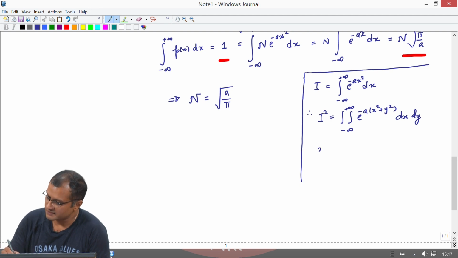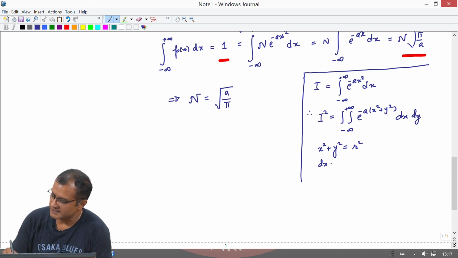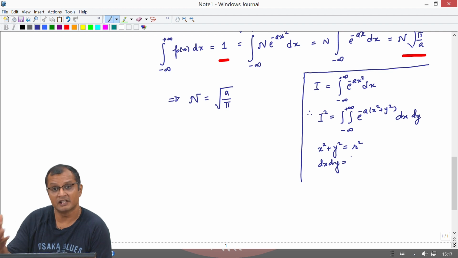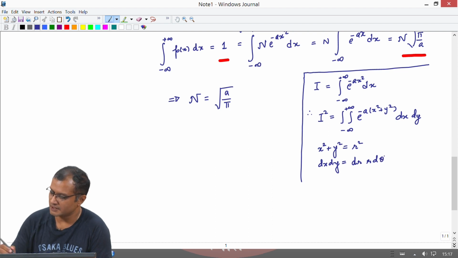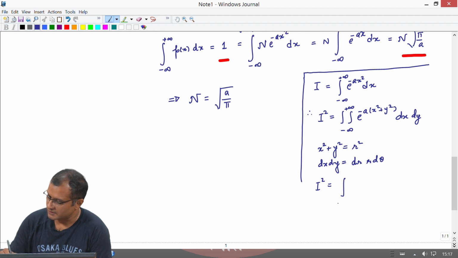If I make the substitution into polar coordinates, with the area element dx dy becoming r dr d theta, then my integral I square simply becomes the integral of theta going from 0 to 2 pi, integral of r going from 0 to infinity, e raised to minus a r square r dr d theta,